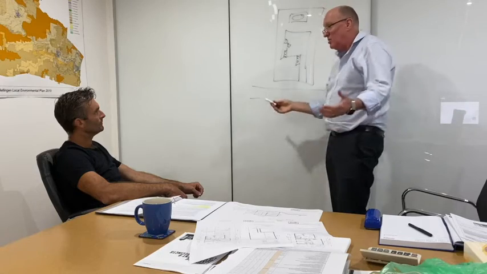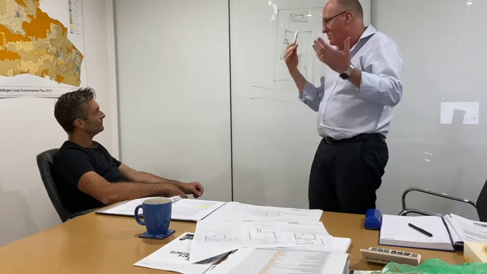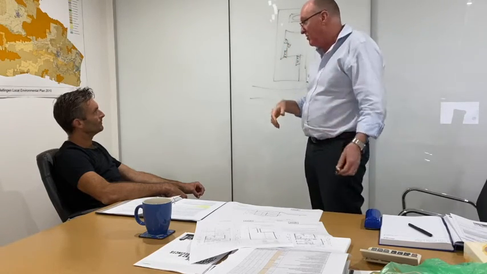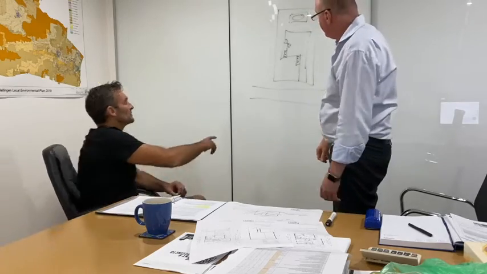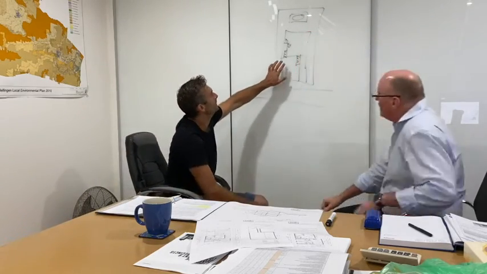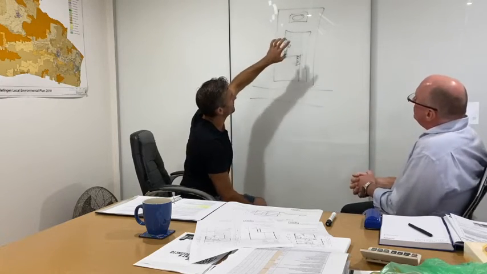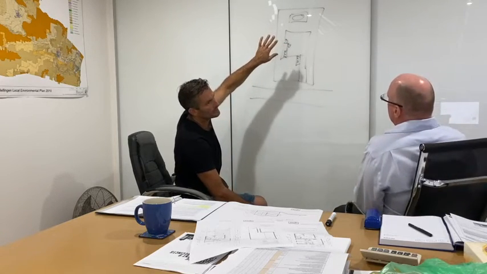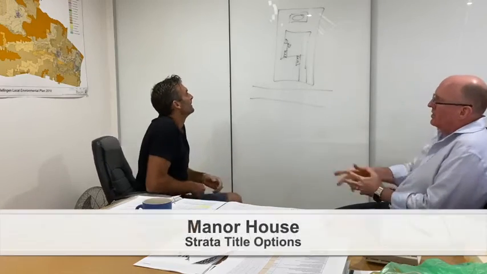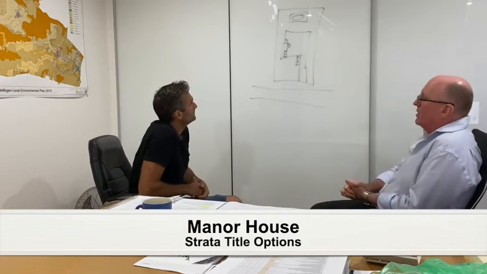Or the alternative is they can strata title them and sell off one or all of them if they really want to. I think on legislation, the owners come back in, took off the bottom of the floor, and they were able to secure the back of the pool for themselves. Yeah, it could be set up on the strata title, and they could have that whole ground floor, including the pool, as part of their